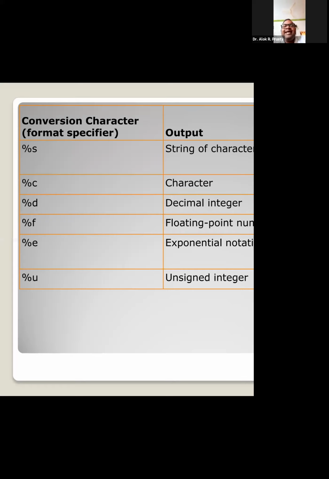Whenever I want to make any operation, whether inputting a string to my system or getting a string from the system as an output, then I have to use the format specifier. They are also called conversion characters, and another name for conversion character and format specifier is placeholder.